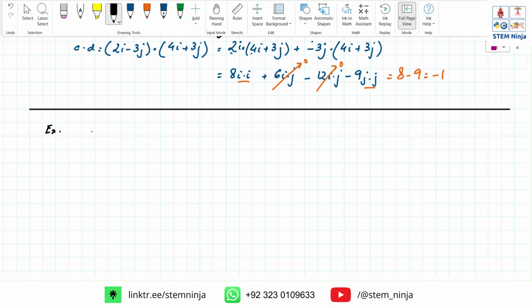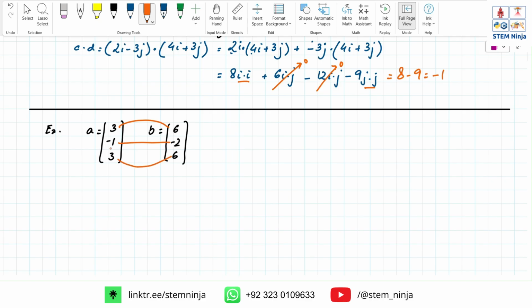So the a vector was 3, minus 1, 3, and the b vector was 6, minus 2, 6. These two vectors are obviously parallel to each other, and as you can see, it's the same coefficient or same multiple that is applied on all the components, in either direction. So 6 divided by 3 is 2, minus 2 divided by minus 1 is 2, 6 divided by 3 is 2 again. So now if we do a dot b,